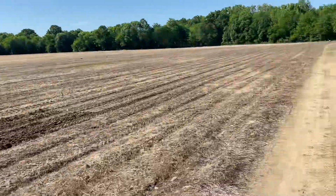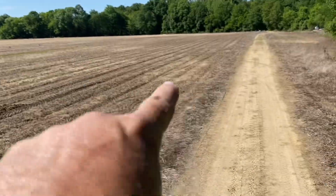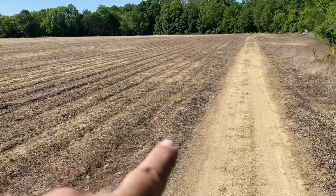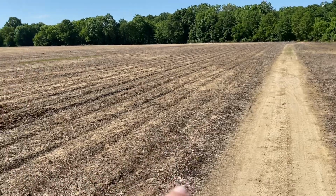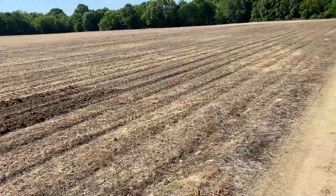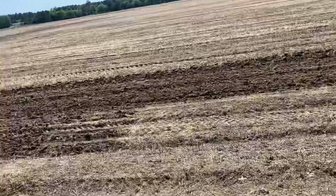All right, y'all, I'm going to show y'all what we're trying to do here. Look right here in these beans, you can tell they're bedded. There's about a 4-foot flat and then a drainage furrow, whatever. I don't even know what you really call it. But we can't run our drill and our planter over that. It's not set up for that. So what Press is gonna do, we got this